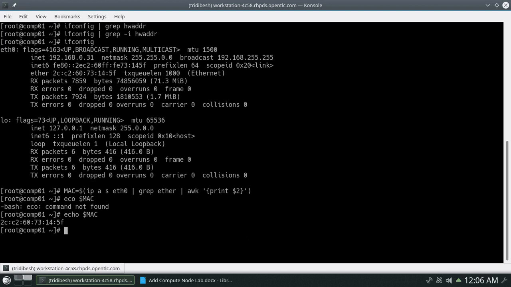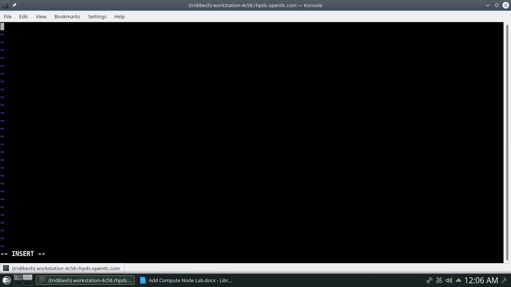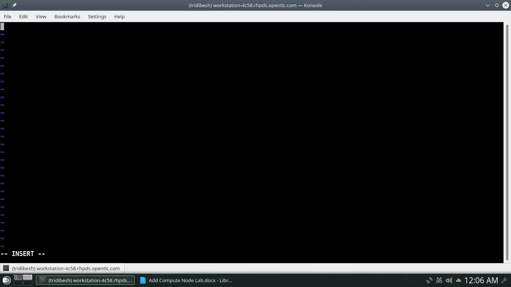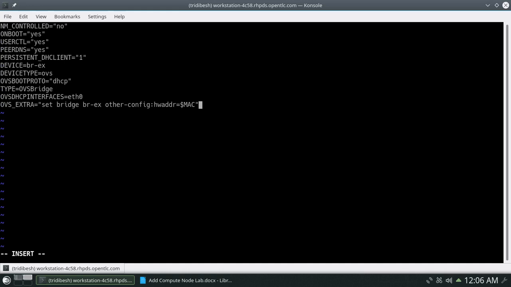So let's create the new file /etc/sysconfig/network-scripts/ifcfg-br-ex. Here we will be doing the copy pasting. You can copy paste this content in this file.